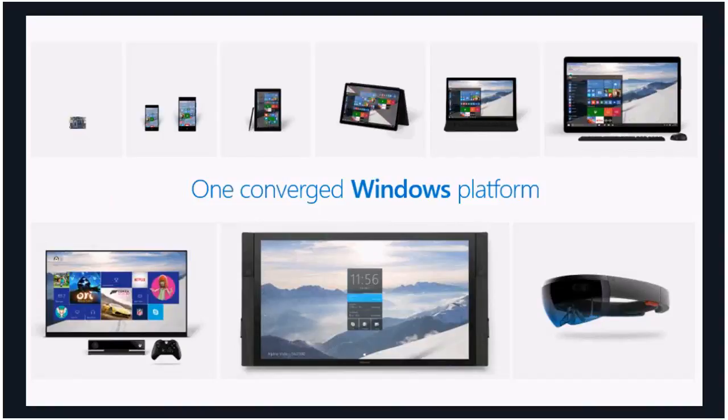So when we think about this converged platform, it's about having that unified experience, whether you're on a phone, a tablet, a desktop, or an Xbox. They're all running that Windows 10 core code so that my application is portable across the various devices, so that I can utilize whatever device I need to gain access to the information I need as a user to get my job done. Because again, Windows is nothing but the conduit to get me to that data.